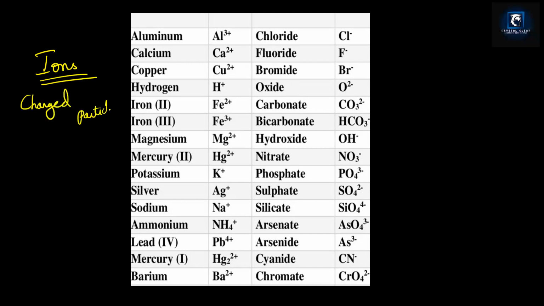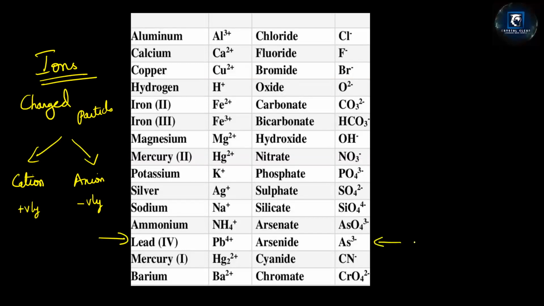Charged particles. And here you can see the first element. Okay, and then you can see a polyatomic ion also. So there are two types of ion, cation and anion. Cation, if you say, it is positively charged. Anion, negatively charged. Okay, so can you guess, right hand side and left hand side, which is positively charged and which is negatively charged? This you call as anion, and this side is cation.